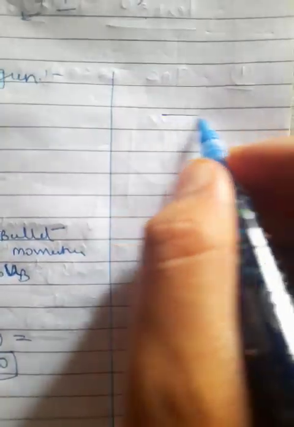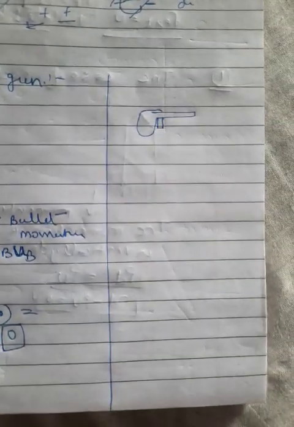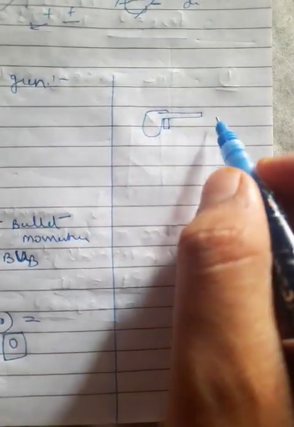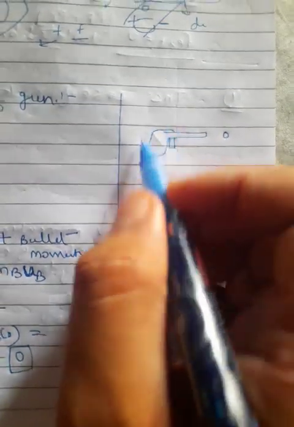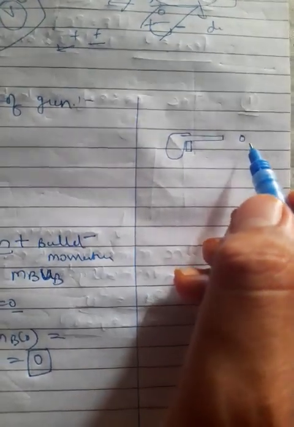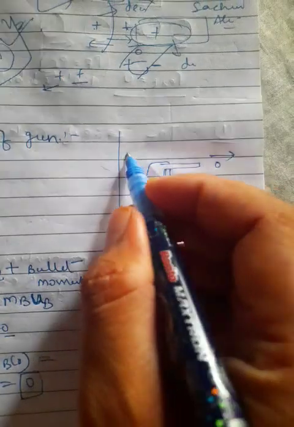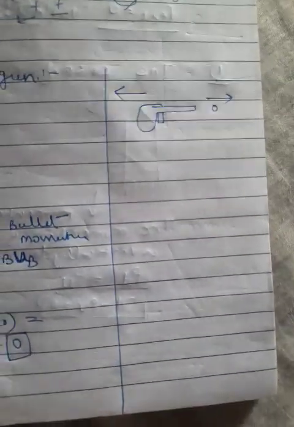Okay? We will talk about final momentum. Here we will prove conservation. So we can say this is a gun. Clear now? This is a trigger. So in this case, when you use the trigger, the bullet will come out here. And when the bullet comes out, the gun will move a little bit backside, creating an opposite force, that is the reaction force. Bullet will move forward and the gun will get the reactive force. So at that time this will be the final position.